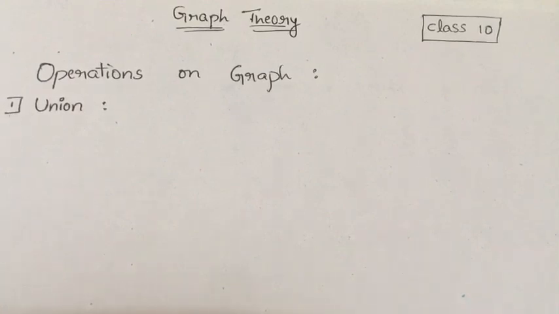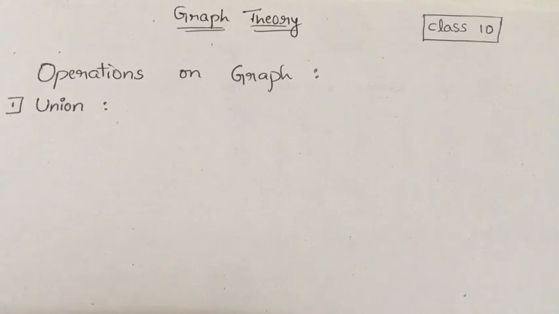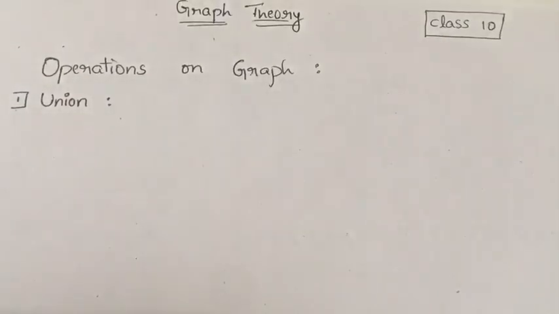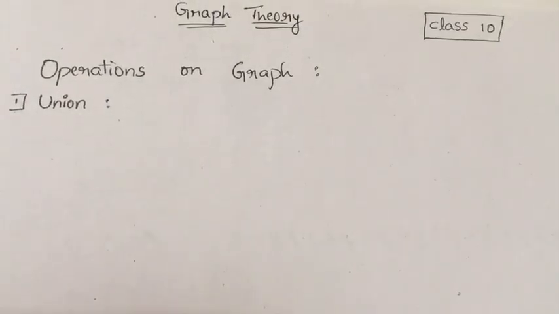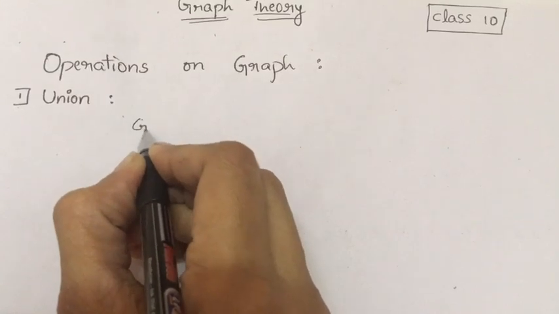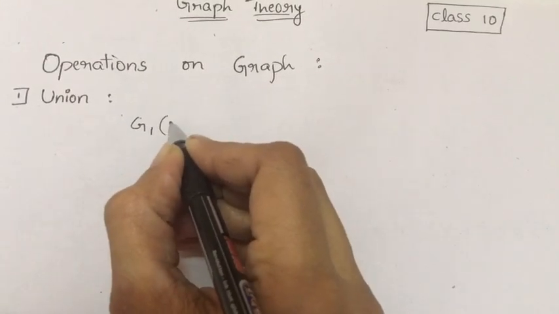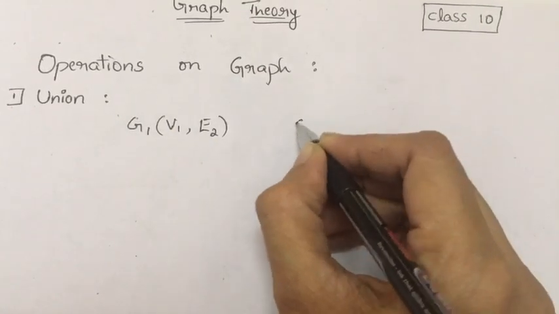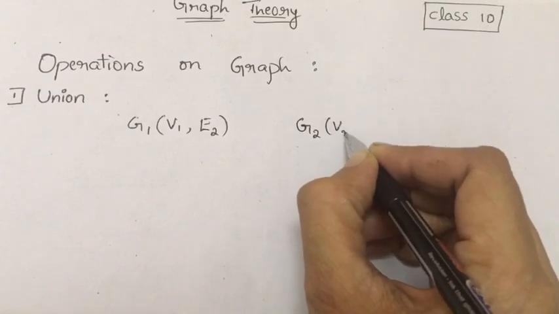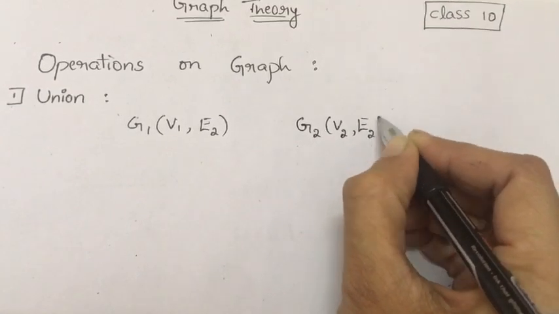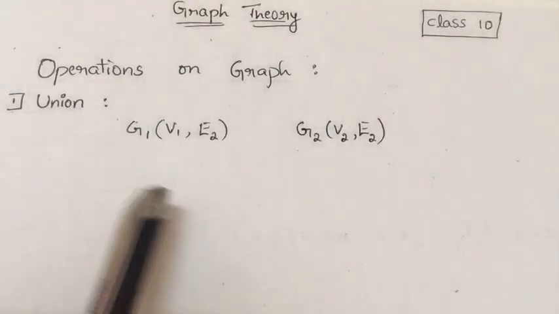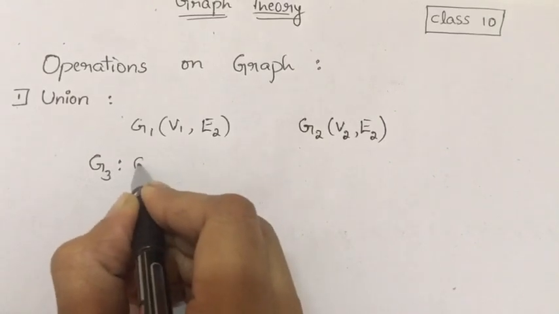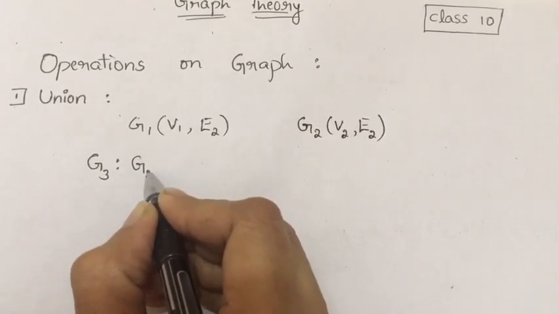Today's topic is operations on graphs. First one is union of two graphs. If I consider G1 with vertex set V1 and edge set E1 as one graph, and G2 as another graph with vertex set V2 and edge set E2, then the union of G1 and G2 is a graph obtained by taking the union of